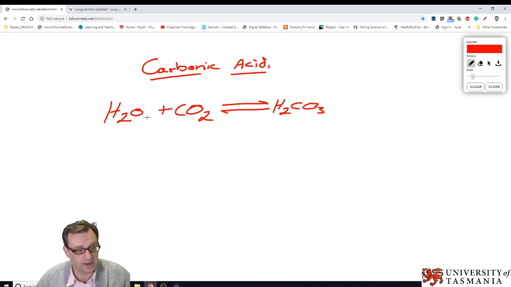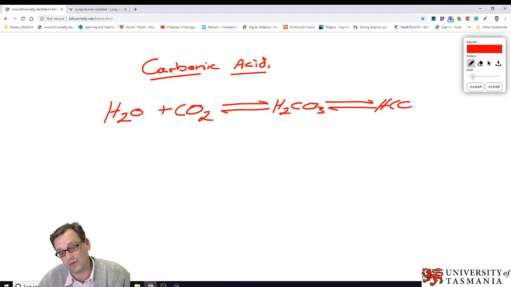We've got H2, an oxygen here, 2 oxygens here, so 3 oxygens and a carbon. That's a pretty unstable molecule, and it really wants to dissociate either back into water and carbon dioxide or into bicarbonate, HCO3 minus,